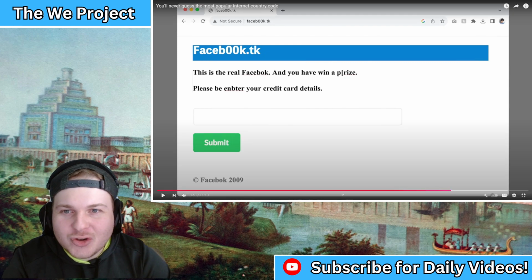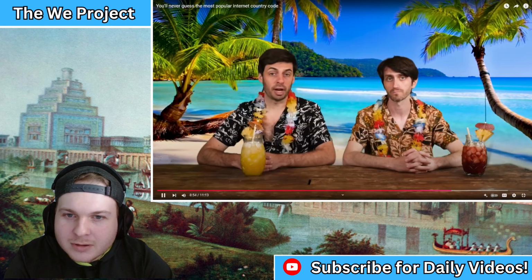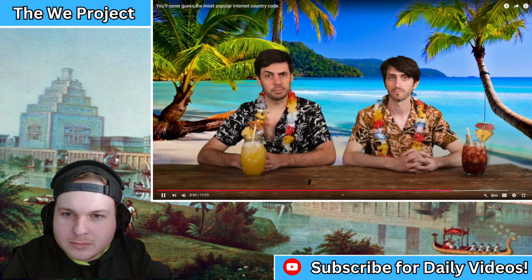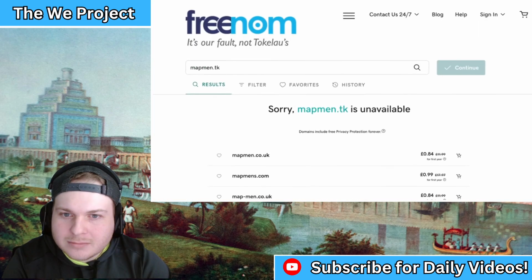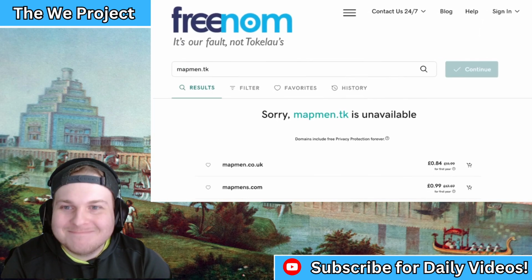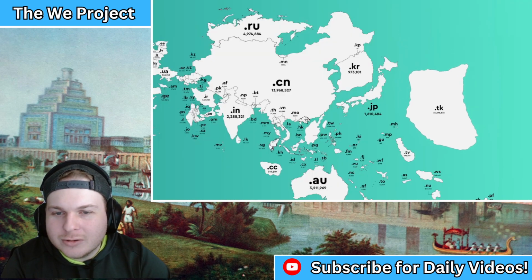Seen this domain so many times. Now I know where it's from. Which is why, rounded up to the nearest 1%, 100% of all .tk websites are registered to people who are not really in Tokelau and have never actually been there. As recently as November 2023, .tk's free domains were discontinued, meaning this map is already out of date, and Tokelau will have to find another way to literally put themselves on the map.